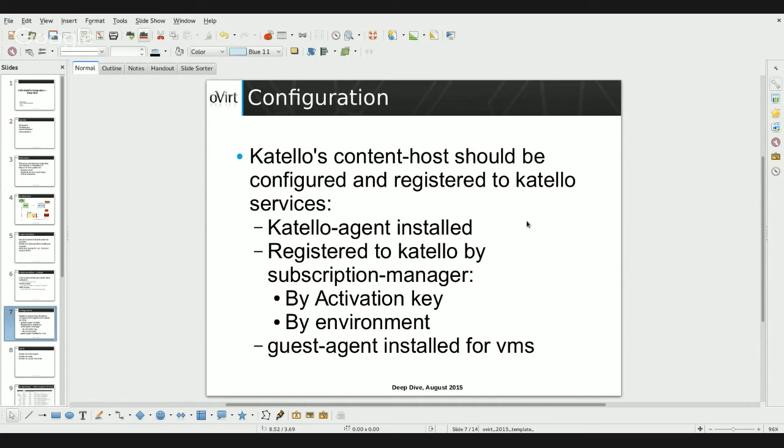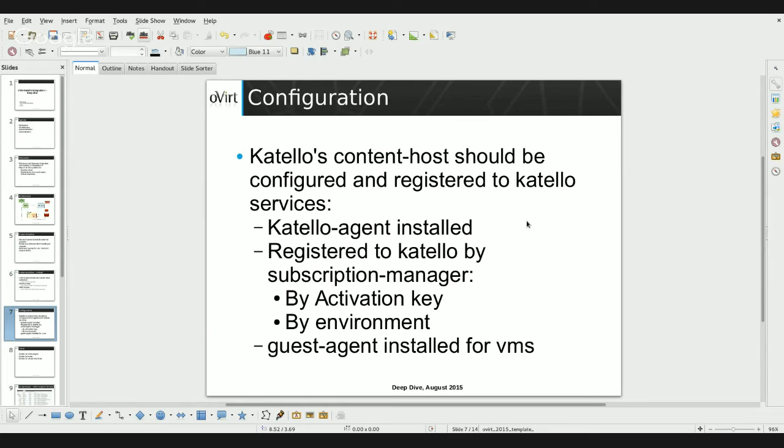And the host should be registered by the subscription manager tool, which basically implies that, as far as I know, only Red Hat Enterprise Linux server flavors are supported by that, and they are the only types of operating system that have Errata in a method